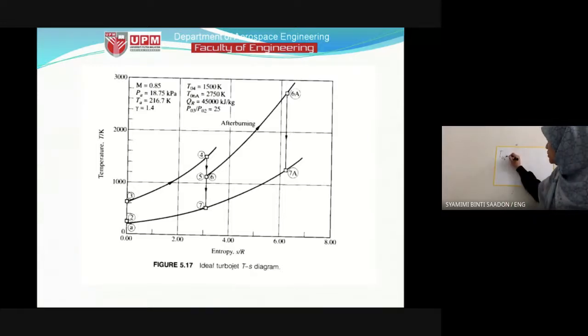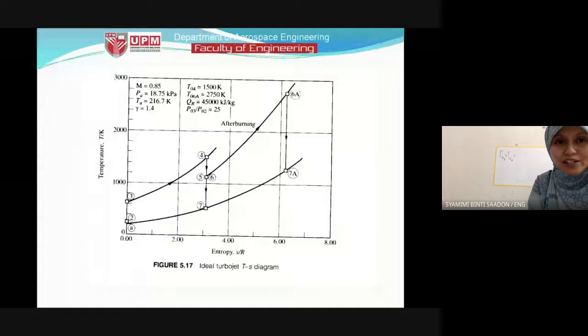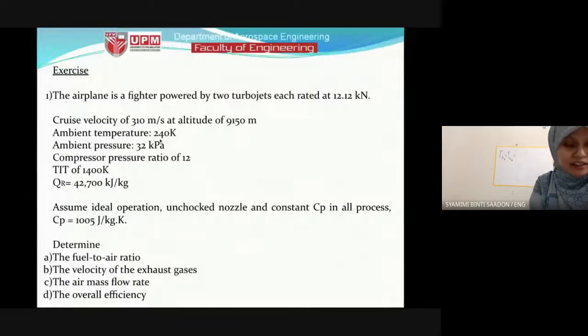So T naught 2 is also equal to T naught total A. How do you calculate this? What do we have in the question? We are given the cruising velocity, meaning the flight air speed, 310, and then we have CP, the ideal specific heat of the air. In this case, to calculate T02,